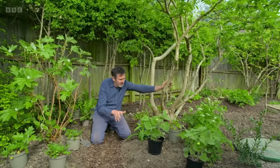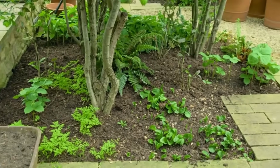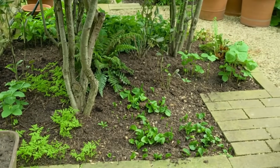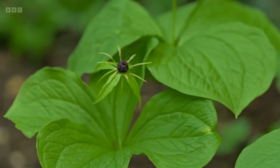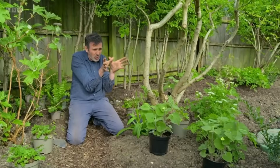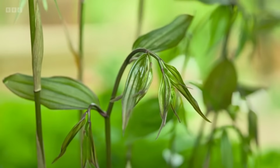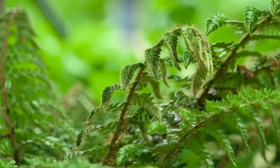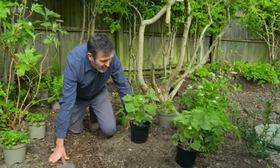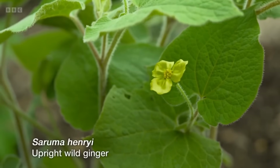What I'm going to do is use a border down there. So underneath the hedge last year, I lifted the canopy and I turned it into a tiny little woodland garden. And I've got some beautiful plants down there. What I'm trying to do is use those to start to drive this. I'm looking at the shapes of the leaves, the finishes, the forms, and I've got all those as little visual references. So if I come down to this one to start with,